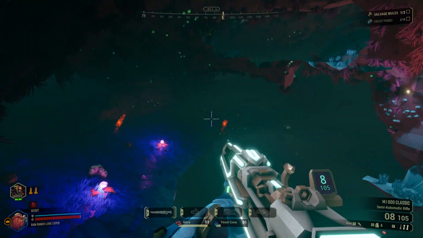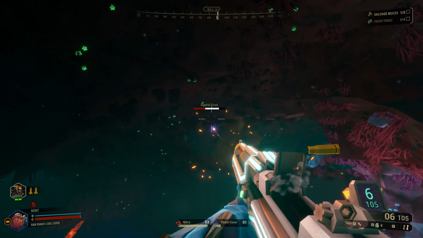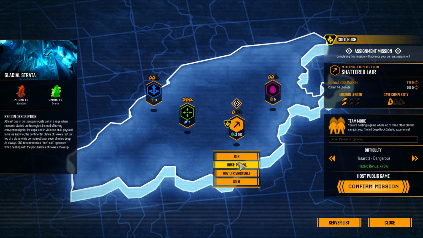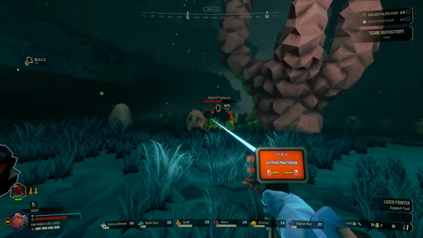Despite there being multiple classes and the game being centered around co-op, it is completely playable solo. You can create a private lobby with only yourself, or create one for others to join. In either case, if you are the only player currently in the game, it will spawn an assistant drone named